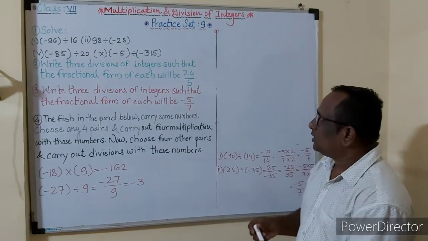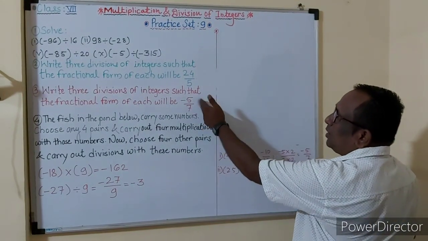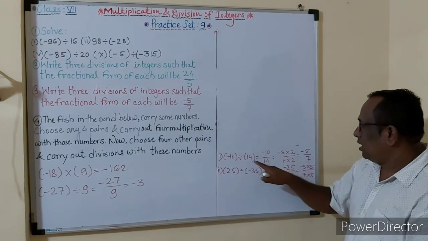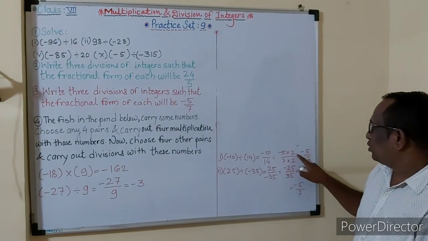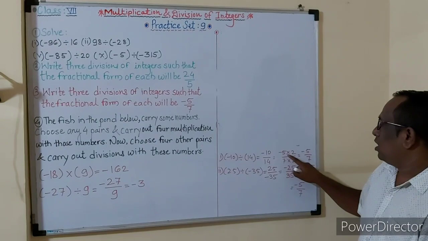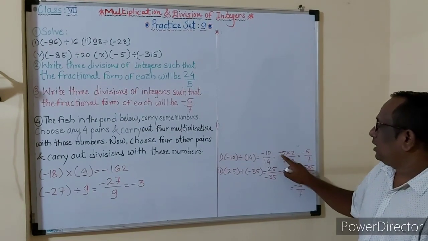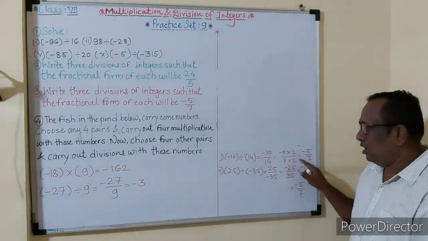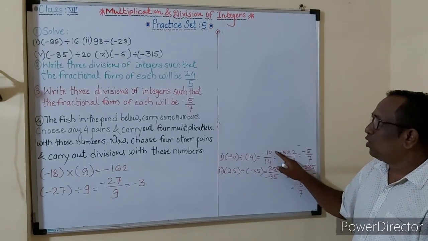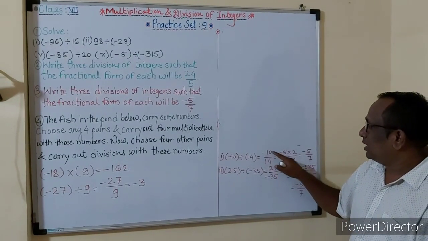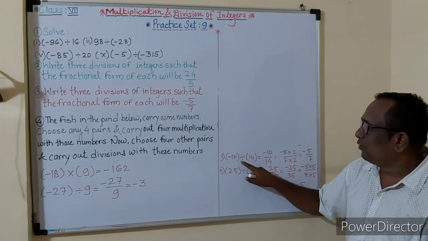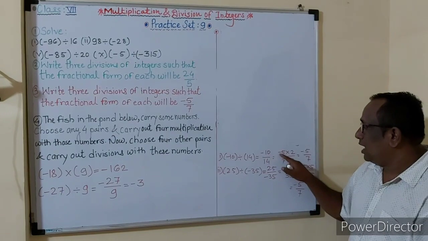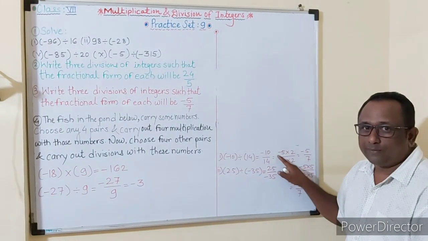Okay, so look here, same as I told you, multiply by 2, multiply by 2. Now here minus 5 multiply by 2, 7 multiply by 2. 5 2s are 10, give the minus sign, and then 7 2s are 14. Then we got the division here, minus 10 upon 14, and you have to write the division form in brackets, minus 10 divided by 14. Don't forget the minus sign here.